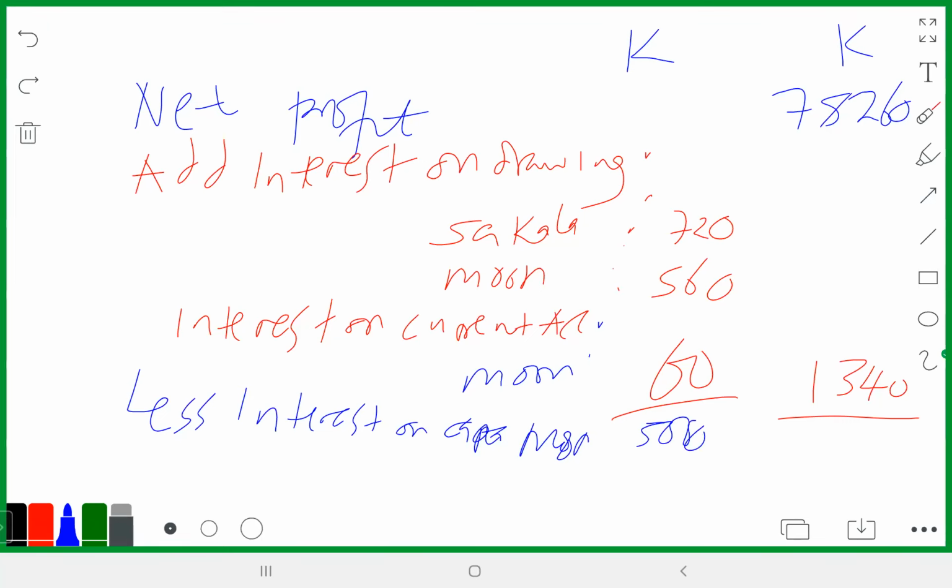Right. We have not yet added these two. We are supposed to add these two. 78,260 plus 1,340 equals 79,600. Then we less the interest on capital for Mono, 5,000, and then